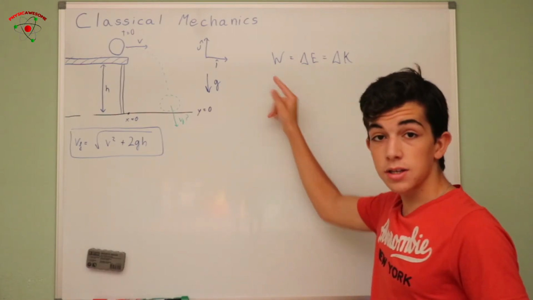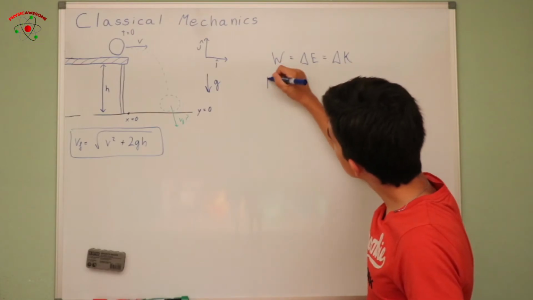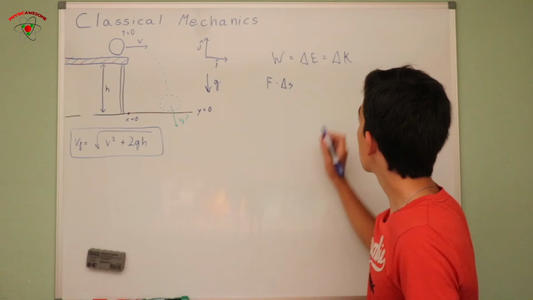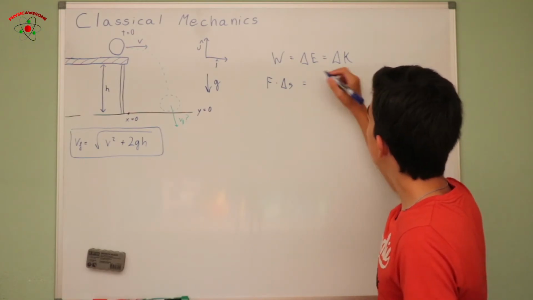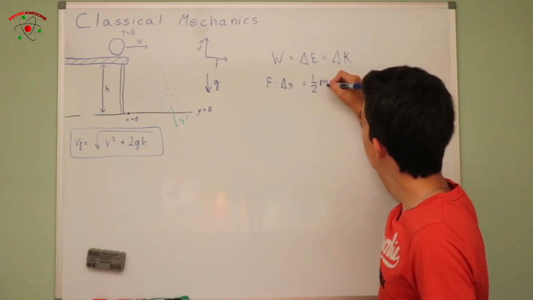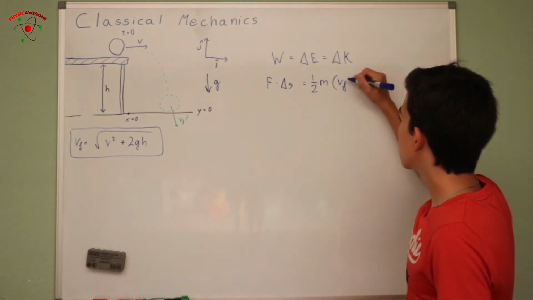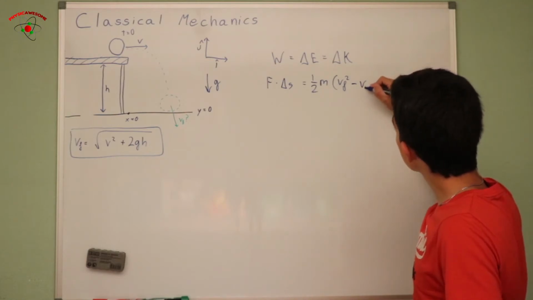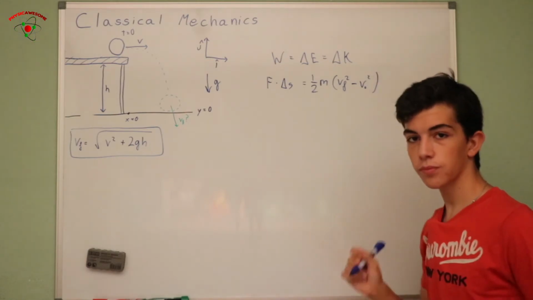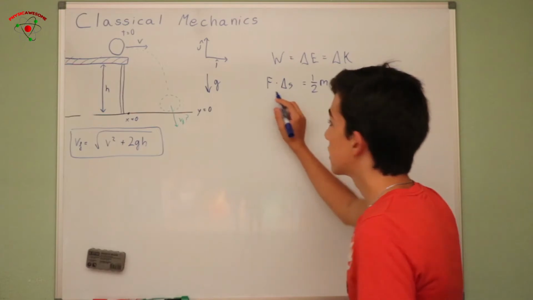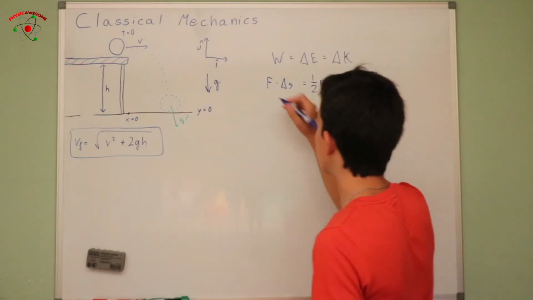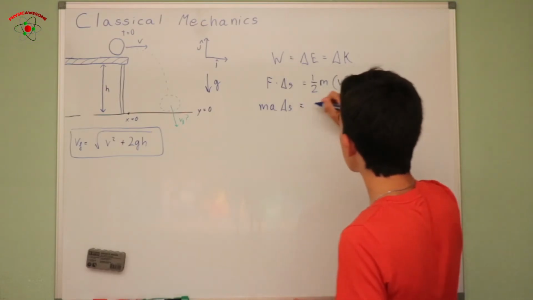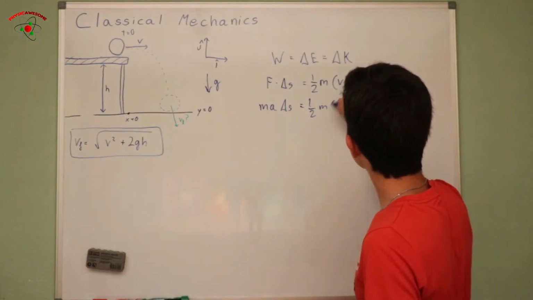We know that this is equal to the force times the displacement, by definition, and we know that the variation of kinetic energy is 1/2 the mass times final velocity squared minus the initial velocity squared, right? And we know that force is mass times acceleration. So, big deal in that. This is 1/2 m